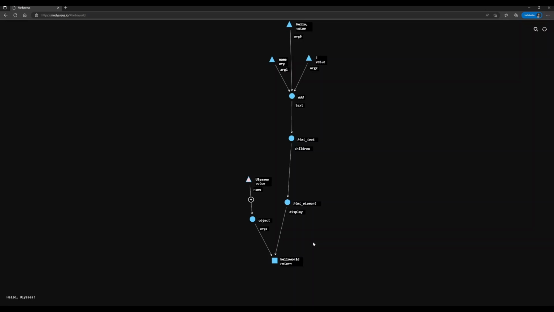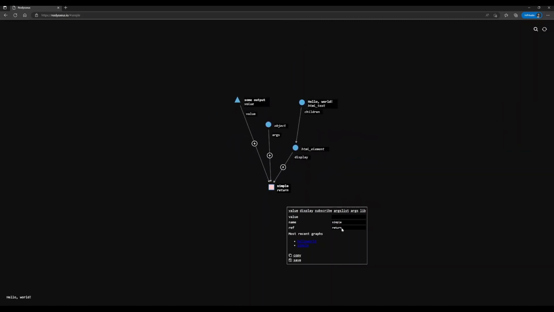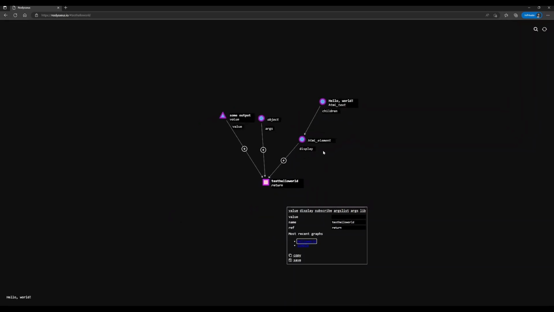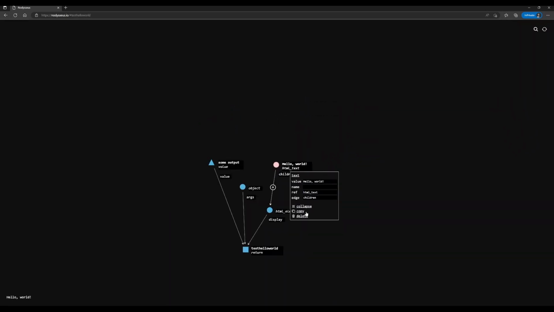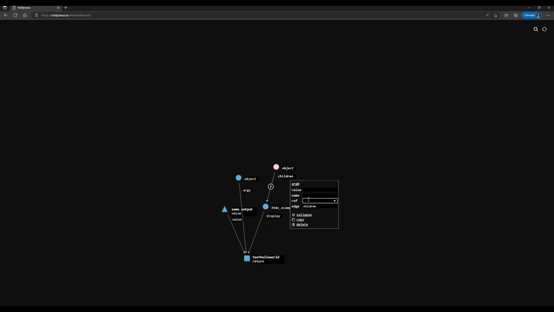Now let's try and use it in a different graph. First we'll go back to simple as our baseline. And then we'll make a new one called test hello world. We can delete the hello world node, add children again, and use our hello world